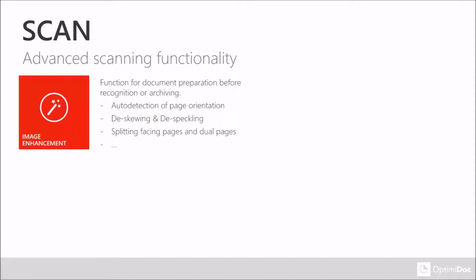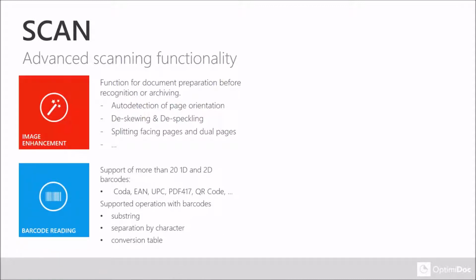When we have improved the quality of the image, we can start with the extraction of the data. First of all, we can extract the barcodes. OptimiDoc supports more than 20 1D and 2D barcodes like Codabar, QR code, EAN, and other available barcodes on the market. With such barcodes, we can also realize some operations like a selection of substrings, or separate the barcode value by some character and extract exact information contained inside the barcode. Also, we can convert the value of the barcode or the part of the value by the conversion table